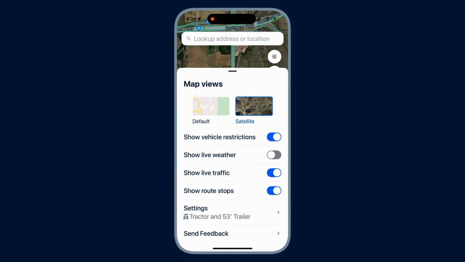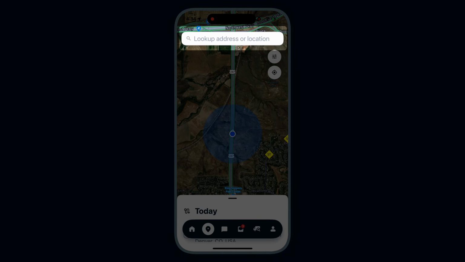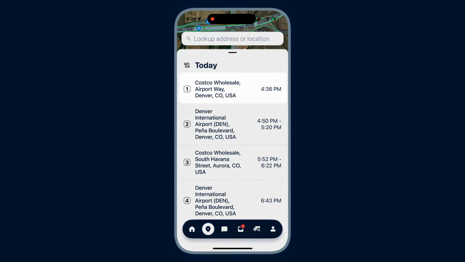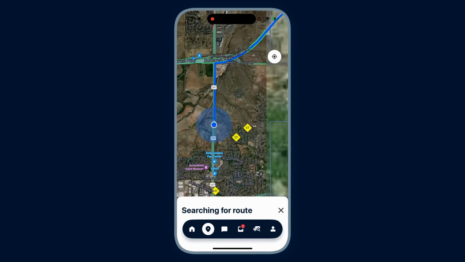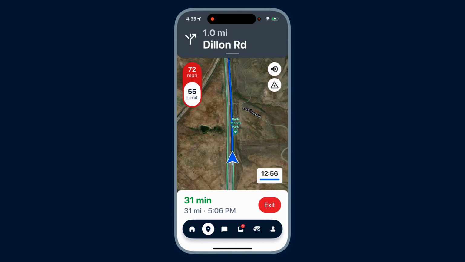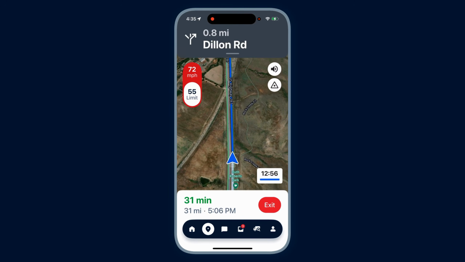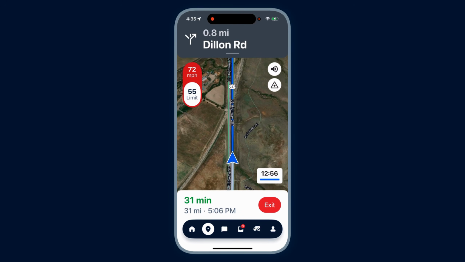Swipe down on the settings and enter your address or destination in the top search bar. If you have a planned route, swipe up on the Routes tab and pick your stop. Then tap Navigate. When you're in active navigation, you'll see your hours of service and turn-by-turn directions together on one